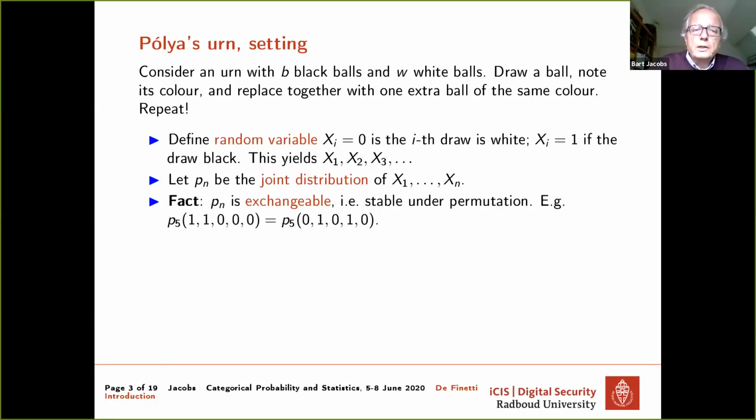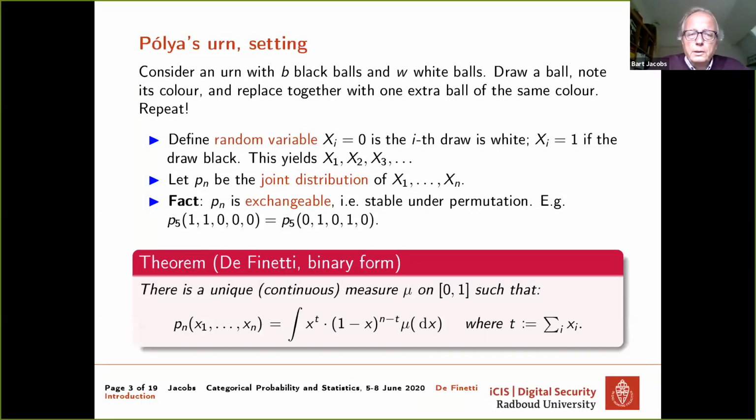This is very remarkable. Now in this context, there is the famous theorem of de Finetti in binary form. It says that this infinite sequence of random variables, or at least the underlying joint distribution, can be described via a unique continuous measure on the unit interval [0,1] via this formula, in which you may recognize a binomial probability, and that will be one of the themes involved.